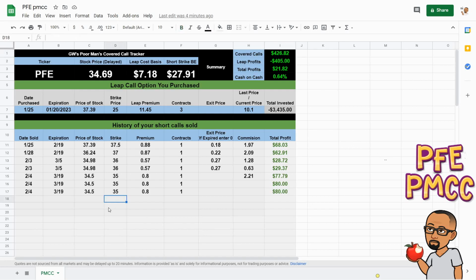So the hope is for me, you might look at this and say, oh, cash on cash, 0.64%. But I think this is ideal. What I would like to happen is before March 19th, that Pfizer stays below $35. And then I'll just be able to repeat this all over again. Sell another 3 contracts at 80 cents a piece and just keep collecting $240 a month, roughly, until,